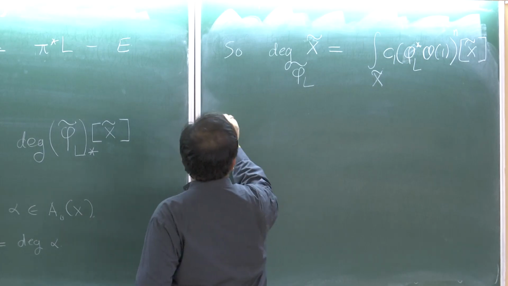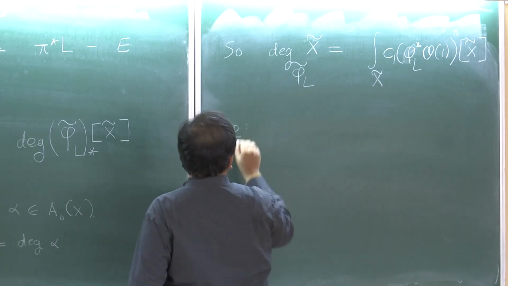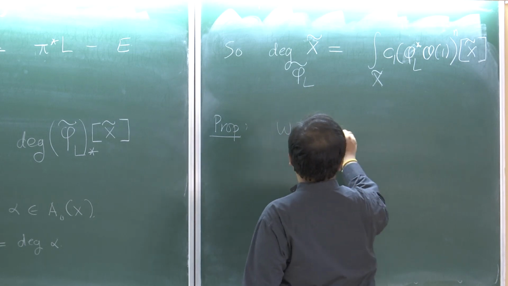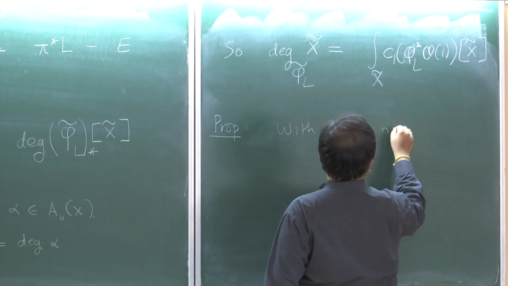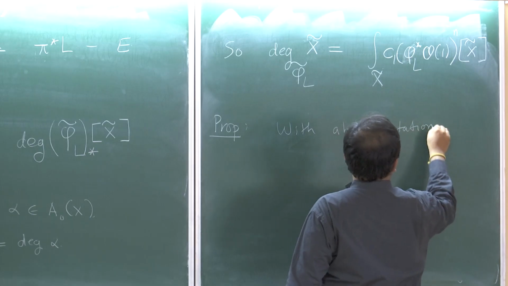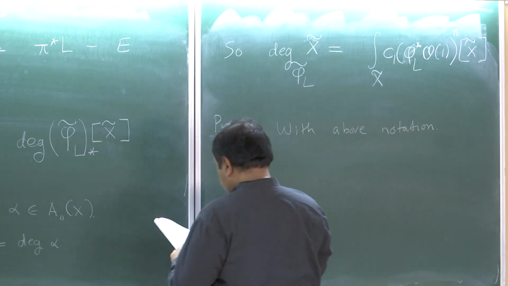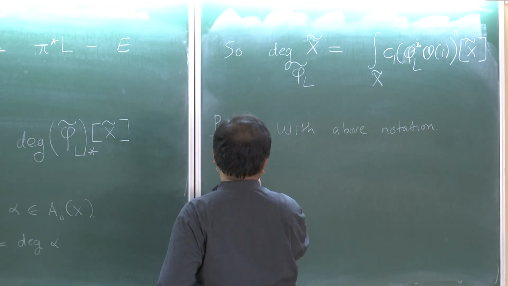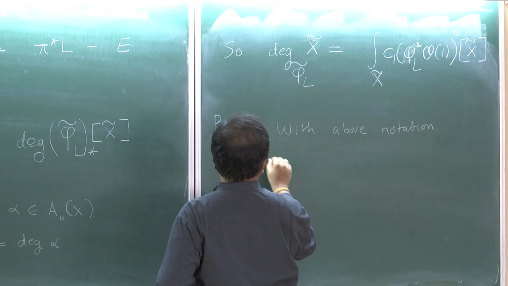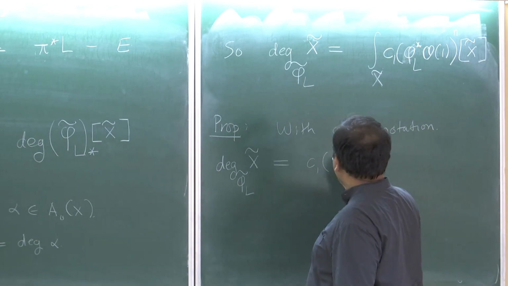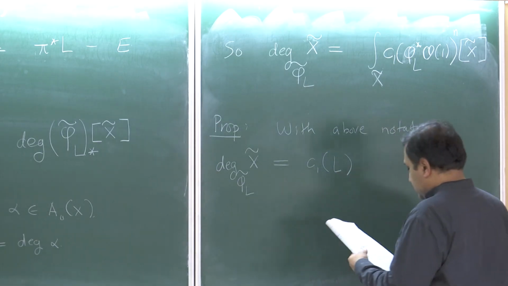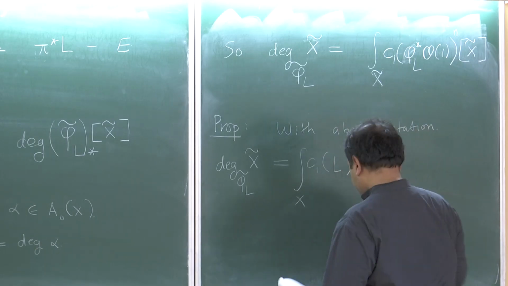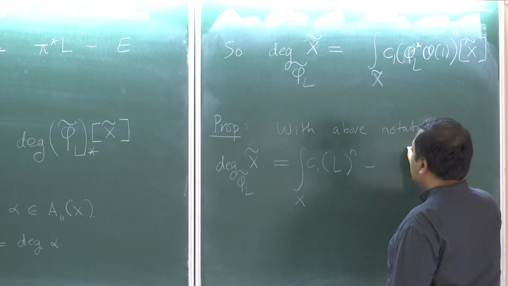So the proposition I will prove is that, with the above notation, this degree is the integral on x of C1L to the n minus an integral